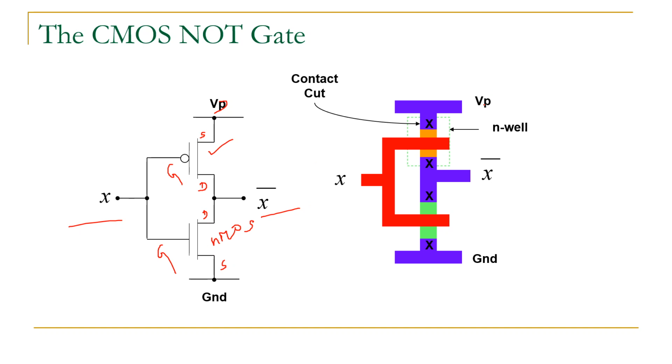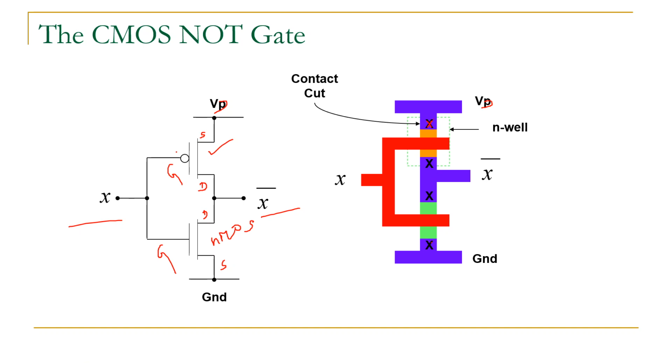For VDD, we are going to use the metal, which is blue in color, or you can use slanting lines. Here we are using blue color lines, and for the PMOSFET we are using orange color, and for the NMOSFET we are using green color. For connecting the PMOSFET to VDD, we are using the contact here, represented as a cross mark. Similarly, for the NMOSFET that is connected to ground, we are using a cross mark.